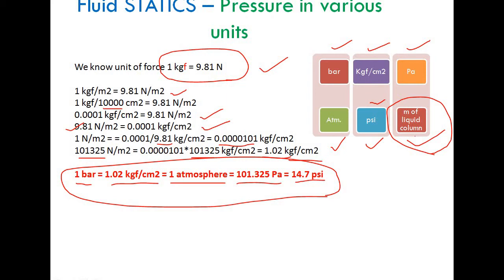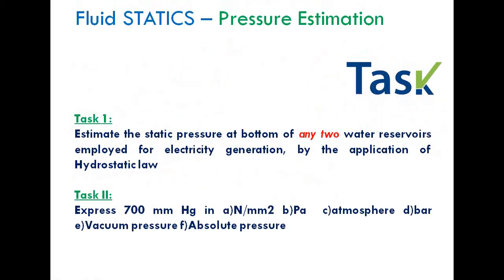Only thing is you need to know the value of rho of that particular fluid, or more correctly you should be able to know the specific gravity of the fluid. Once you know the specific gravity, you can find out the density if you multiply the specific gravity with the density of water. So with this knowledge background, we will try to do 2 tasks. Task 1,